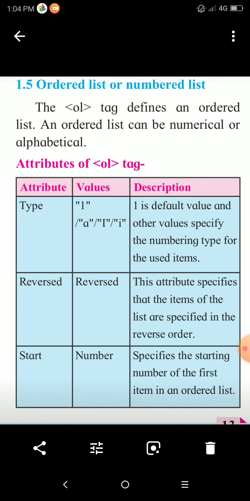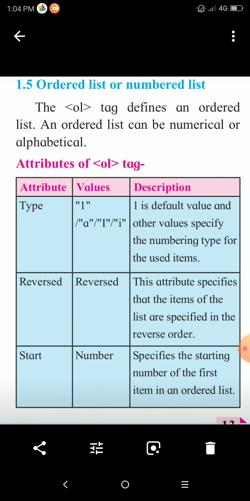In alphabets, there may be small letters as well as capital letters, and Romans also. In Roman also there are capital and small letters. So for that we require the type attribute of the OL tag. So what is the use of the type attribute?